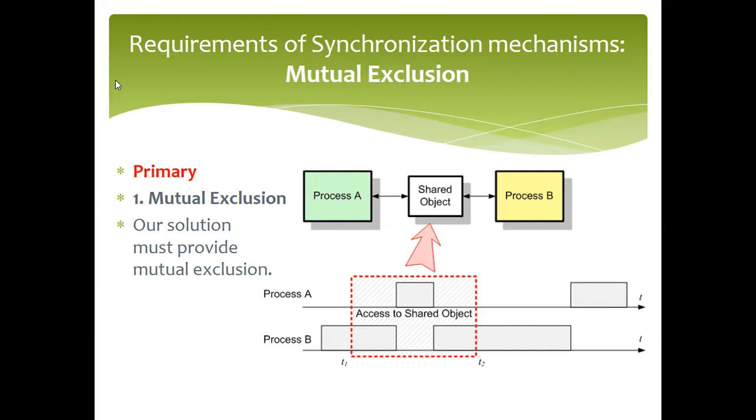Think about it. Process A is doing some operation at that time. Let's say it is calculating something by using that shared object, and it is assuming that the results